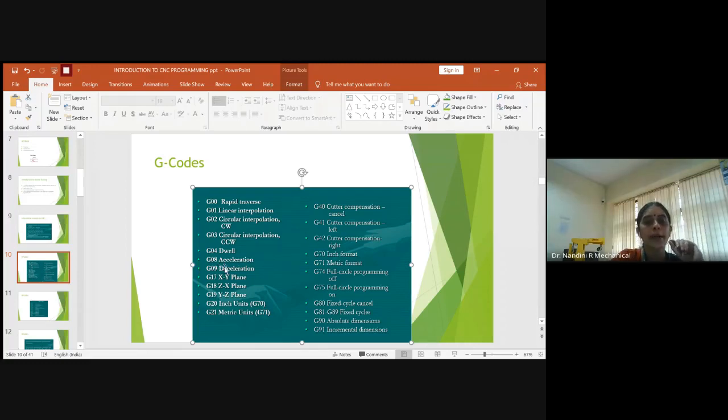Similarly, G08 will be used for acceleration, to increase the speed with which it is operating. We usually use G08 and you can provide the number for the variation you need. Similarly, if you want to reduce the speed with which it was operating, then you directly go with the code G09. After this, the given part could be a 3D part, where you'll have the XY plane, ZX plane and YZ plane.